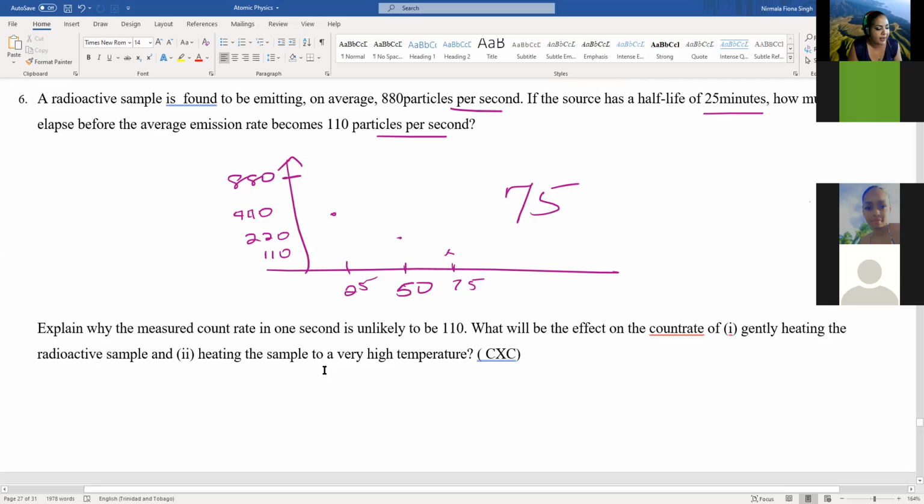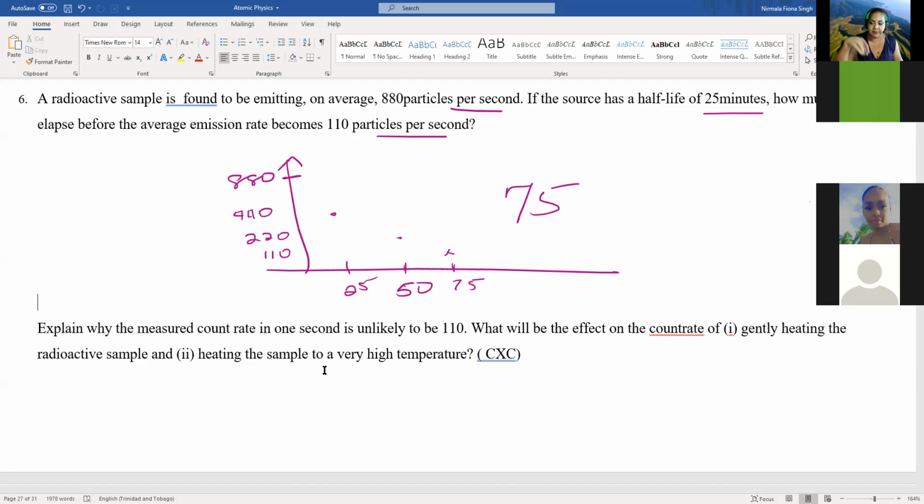Explain why the measured count rate is unlikely to be 110. Why is it unlikely to be 110? Because half-life is a random disintegration. The disintegration of a radioactive nuclide is a random process. It's not something that happens exactly on the point. We use it as a guide, but to say it's going to reach exactly 110 after 75 seconds,